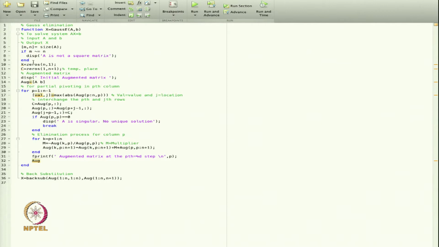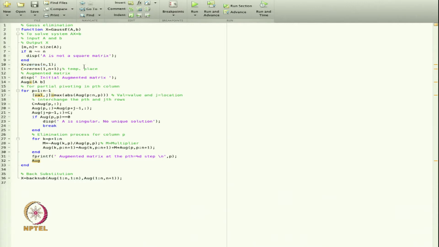Now, after that I will define the value of x. So, x is a vector. I will define a vector zeros(n,1), meaning n rows with one column. Using this I am initializing the vector x with all 0 values, and it is a column vector whose length is n. So, it is basically a matrix of n rows and one column.